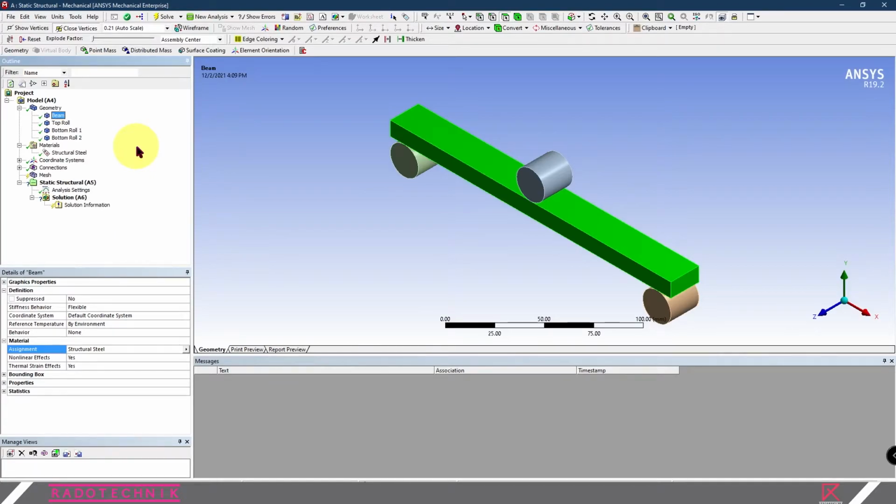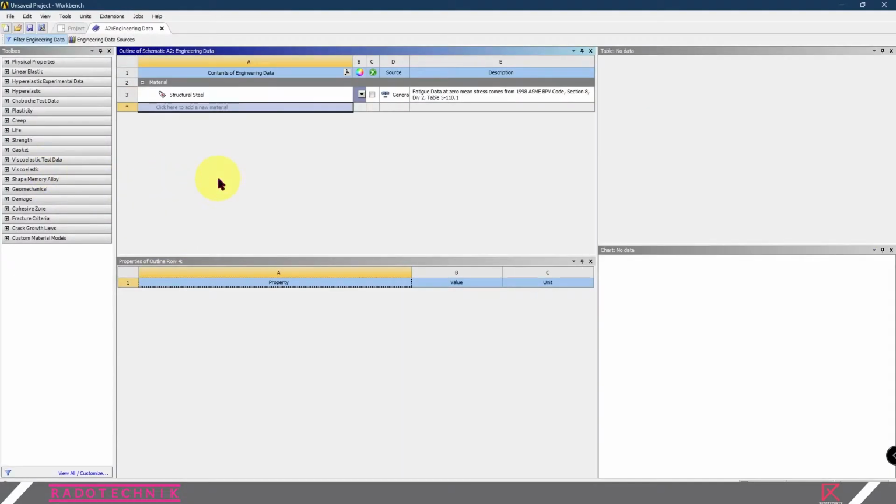To set up your material, because the beam is aluminum alloy, go to geometry, select beam, and then go through the material assignment and select new material, and a new window will pop up.